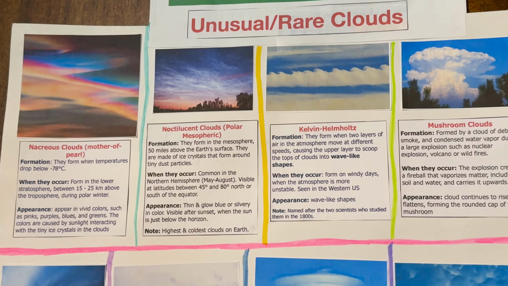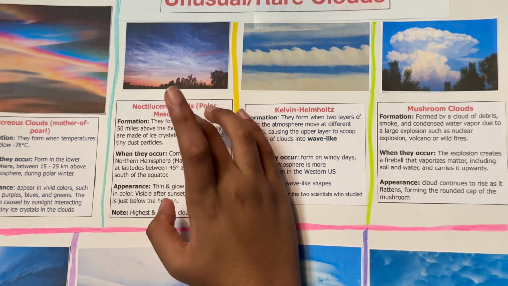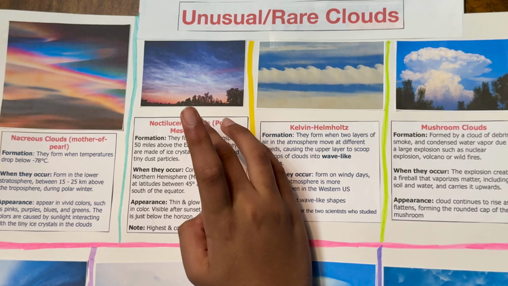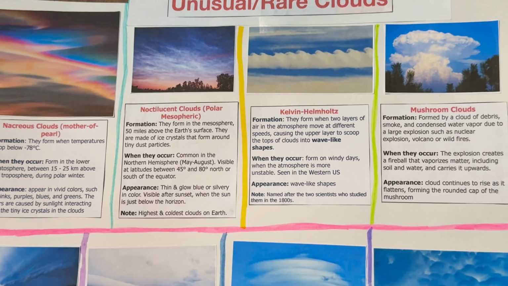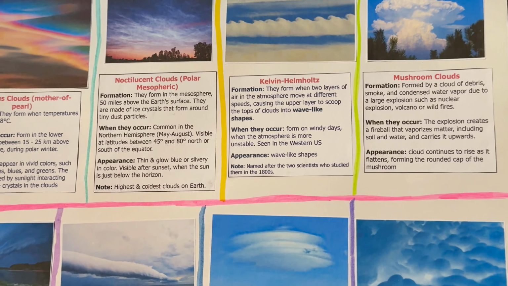Next is noctilucent clouds, also known as polar mesospheric clouds. Noctilucent clouds form in the mesosphere. The mesosphere is a part of the atmosphere where it is very cold. In this area, you could expect a lot of